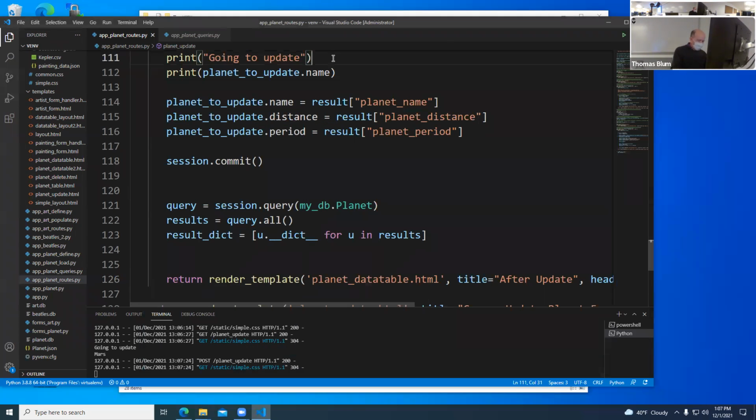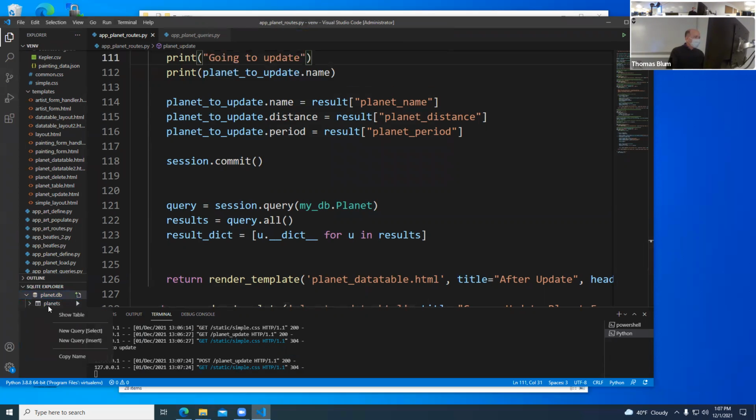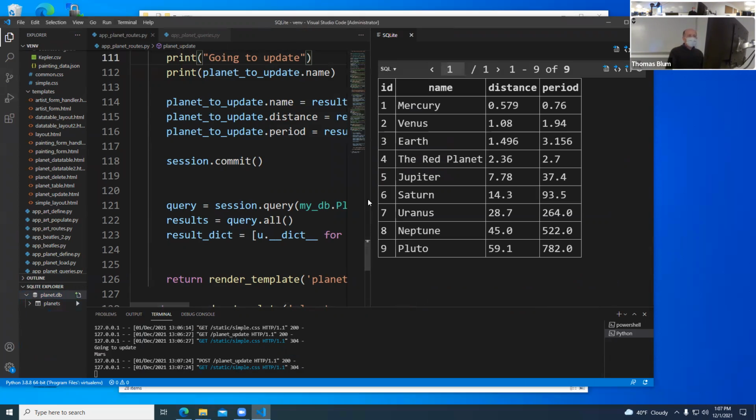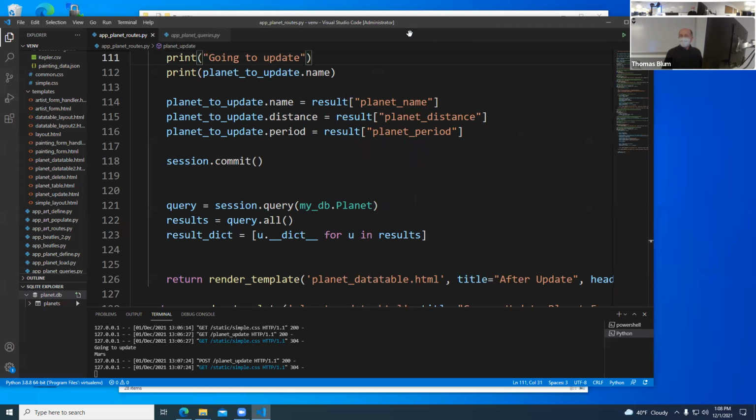I want to be here, Control-Shift-P, and open my planet database, show the table. The database changed. So I've updated. The form interaction needs some work, but in terms of getting updated information into the database, we have that. So it's sort of, I don't know, half right.